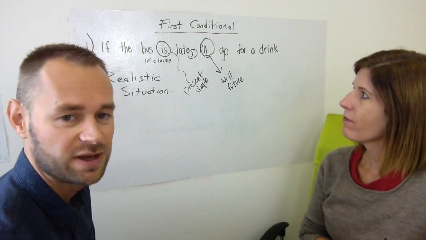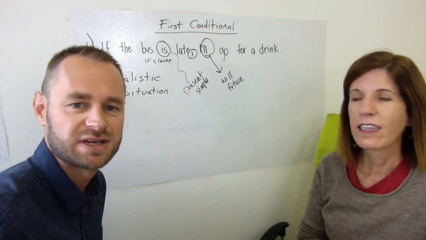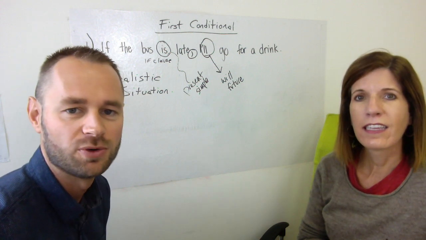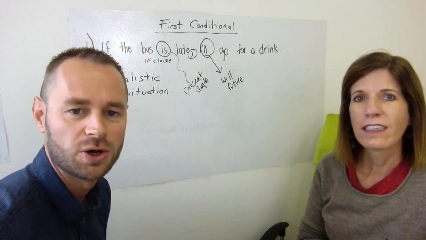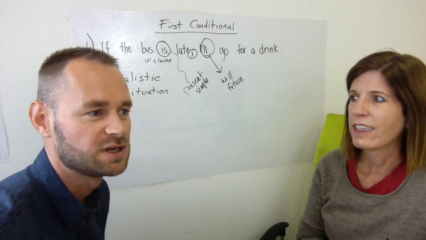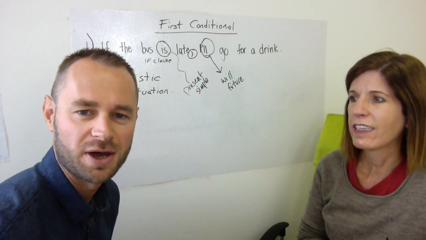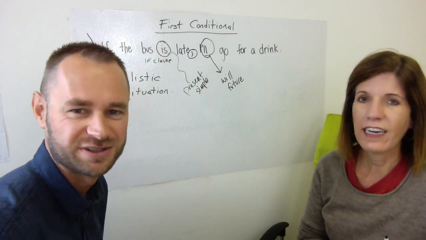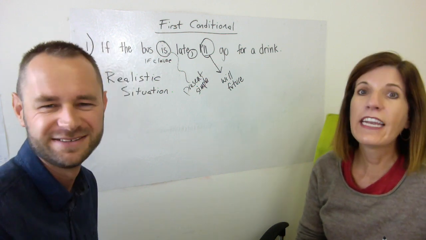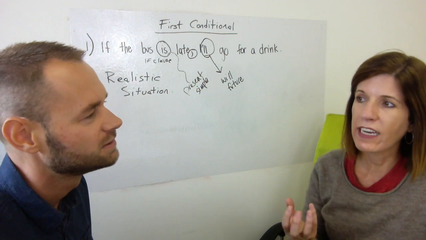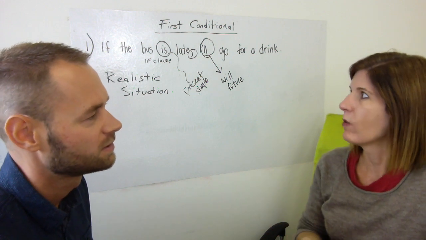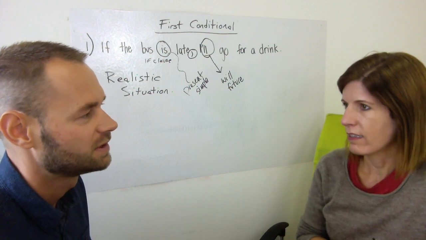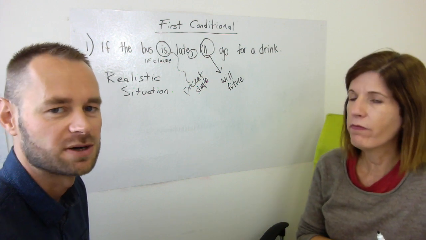Another common thing is warnings as well. So as Laurie was saying, we had that nice example there with the cookie, but it could also be, for example, if you don't research this paper properly, I'll make sure that you lose your job. That's a bit of a stern one, but anyway. It is, but it's also a really nice use of the negative form. So if you don't do this, I will do that. Absolutely. So we can use that with children quite a lot as well.